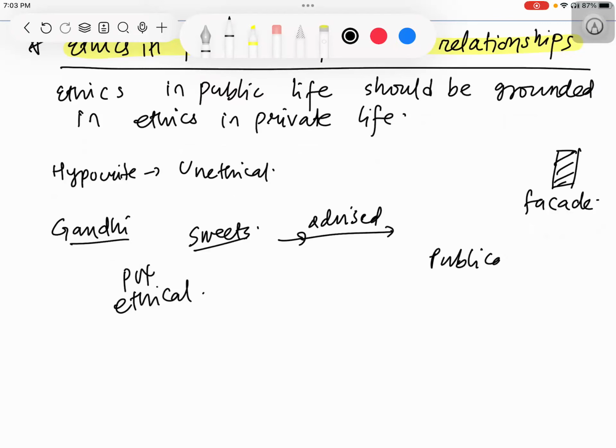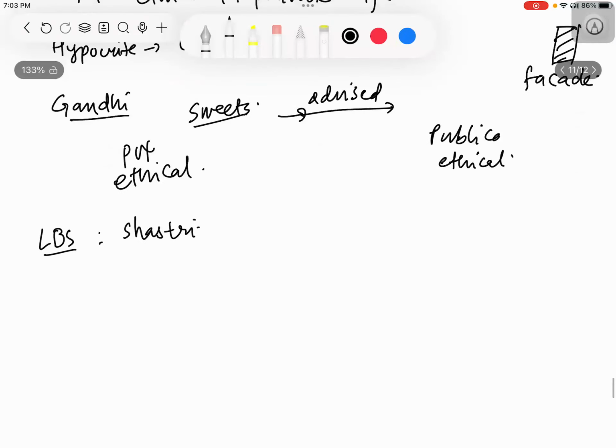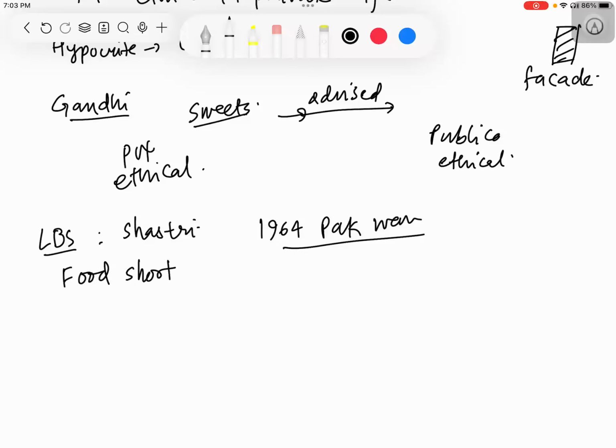Publicly ethical, and this should actually be the scenario. To give you another example, take the case of Shastri ji, Lal Bahadur Shastri, during the 1964 Pakistan war. You must have heard about this: in our country there was a lot of food shortage. Shastri ji understood, he was the prime minister back then, so he thought, let us do one thing, I can ask the people of the country to do fasting once a week, so one day per week you fast, and some food will be saved, which will address the food